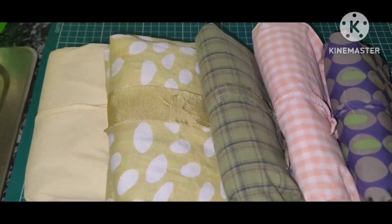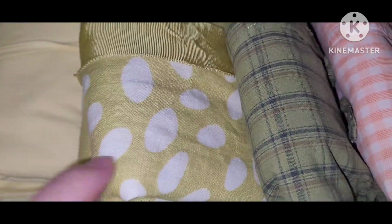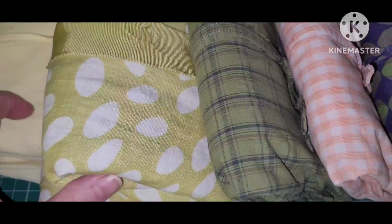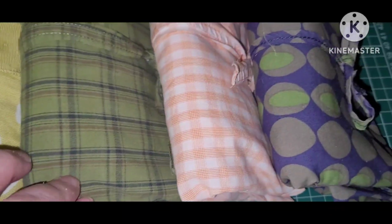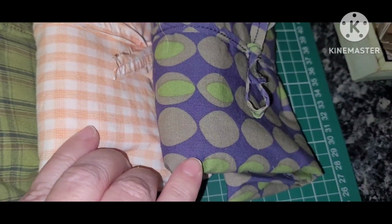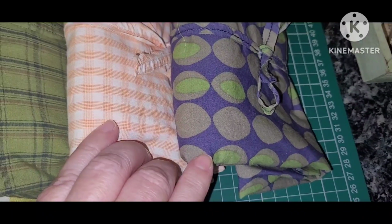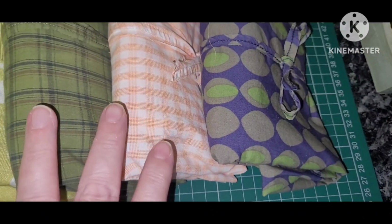If we look closely at the fabrics, I've got one plain lemon, a lime with dots, that's what reminded me of Easter eggs, a green checked shirt, an orange gingham, and a purple, very bizarre but egg-shaped purple and green with beige. I'm going to show you how I cut the fabric from that,